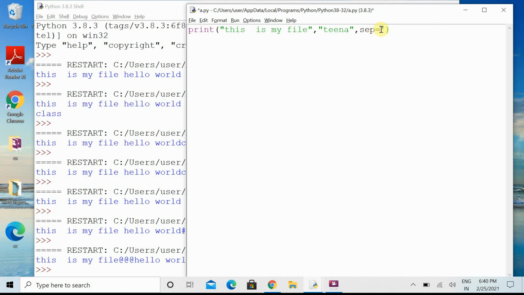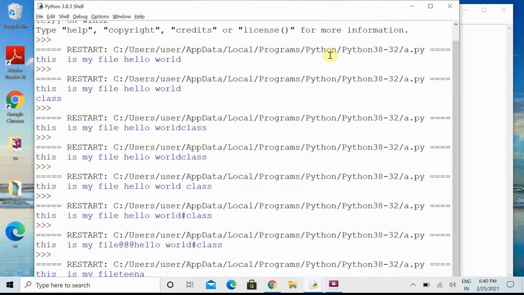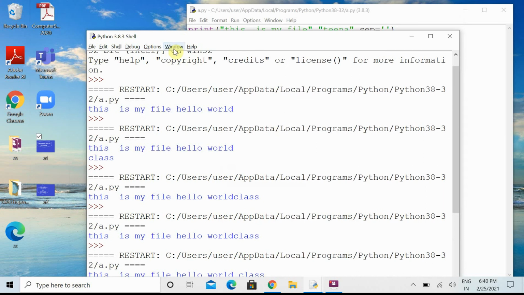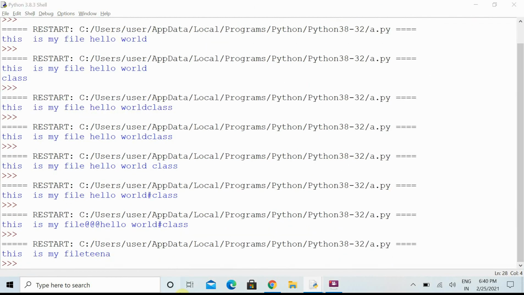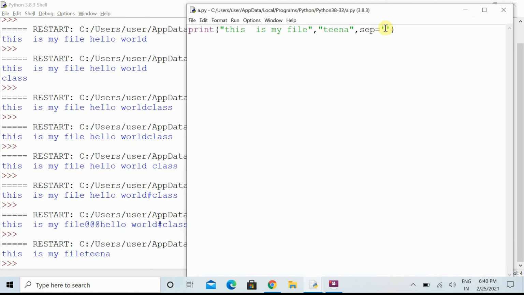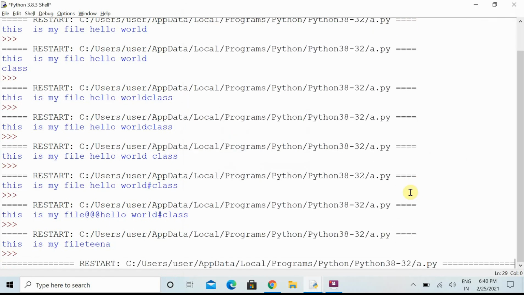Separator symbol means when we are separating one word from another word, for that we can use the separator symbol. Let's see here, I have not put anything in the quotes. Let's see how it will show me the result. There is no gap or anything specified between these two things. You can see here. Now I am putting some space over here. Now let's see how it will show you.